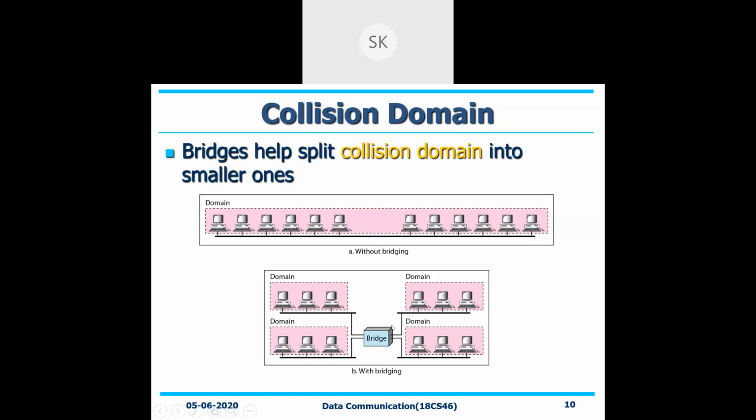With bridging, what it is doing is taking whatever details you are forwarding and forwarding them to the nearest network that has been connected to it. That's all it will be doing. It will not take care of the rest of the details, whether a collision is happening or not. It will not be bothered. But for identification, if you subdivide it into multiple divisions, it will be easy for us to identify where that particular thing goes. So that's the advantage of using the bridging technique.